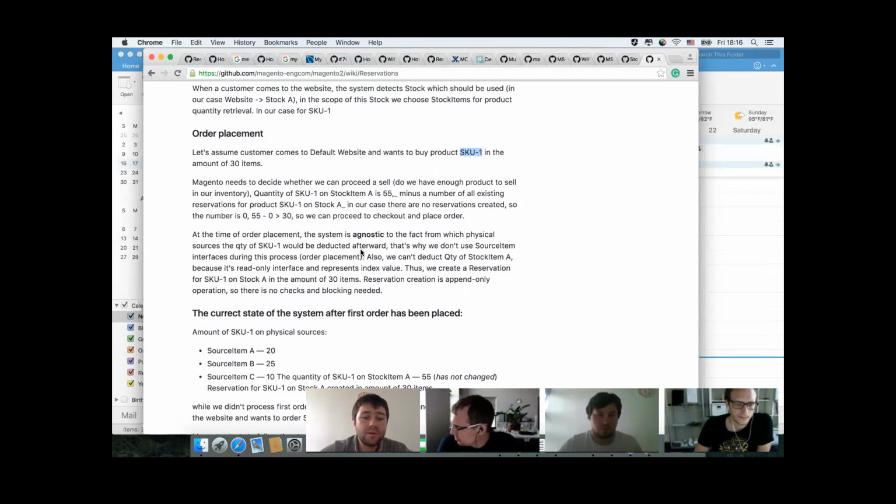And to make this decision, we actually use the stock item, but not the source items. And in our case, we use the 55. And also we need to make a deduction of all the existing reservations. So for now, we don't have any reservation. That's why we make a deduction like 55 minus 0. And this is more than 30. 30 is the requested number by this customer. That's why we make the decision that we can proceed to checkout